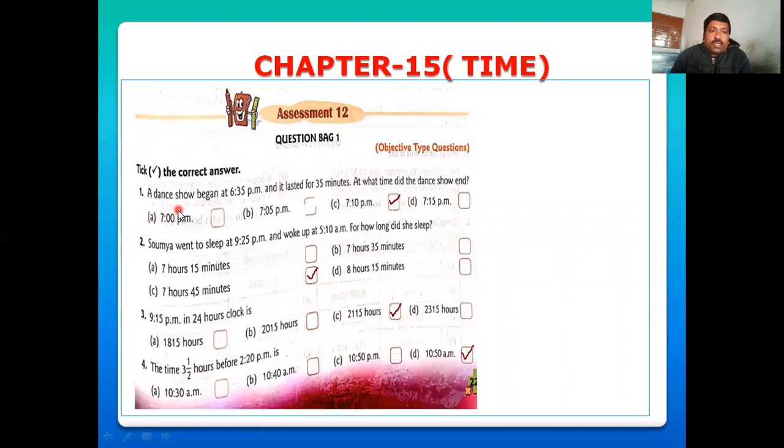And here's the first question. A dance show began at 6:35 p.m. and lasted for 35 minutes. At what time did the dance show end? To solve this question,